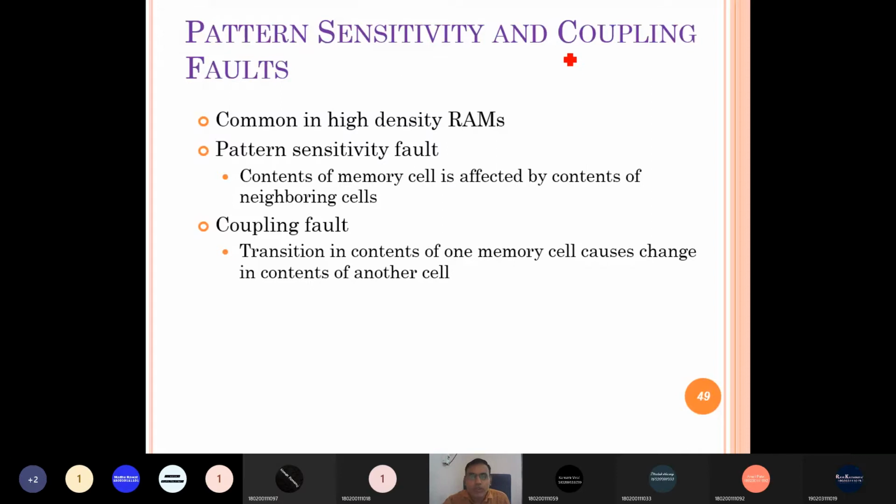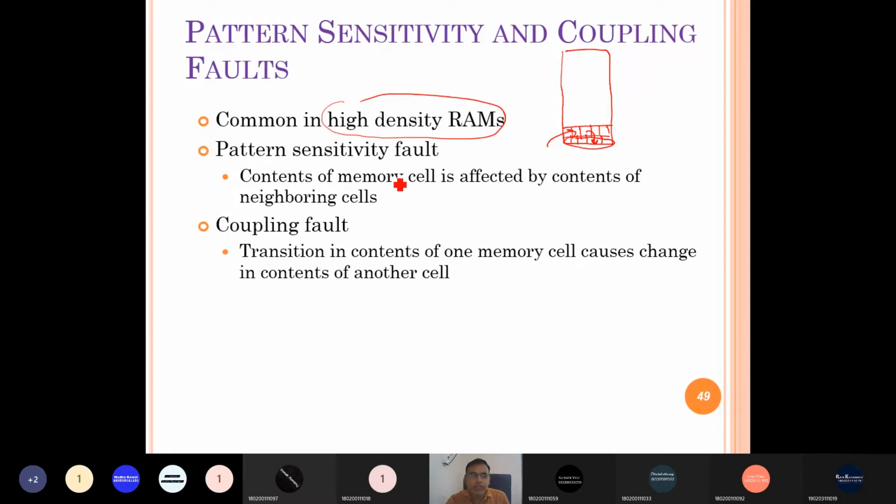Suppose there is a high density memory with some content already stored, and now we are writing other content into its neighboring cell. If that content affects the already stored neighboring cell content, it is called a pattern sensitivity fault. So it normally occurs in high density RAM.